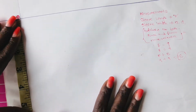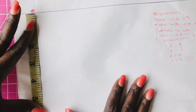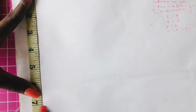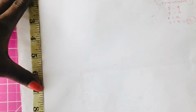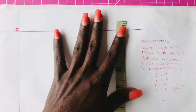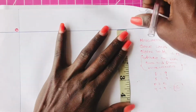What I'm doing is giving the length for my sleeve. I said it is 7 inches, and that's what I am going to do. I'm going to mark 7 inches right from point 0 to my length. Yeah, so I've given it 7 inches, and the reason I keep doing this is I just need a straight line,